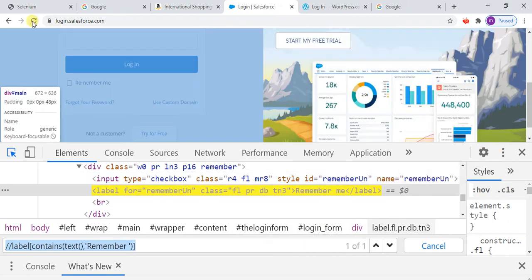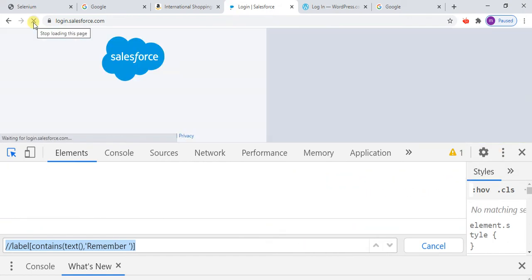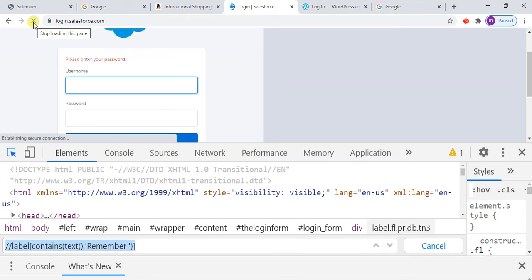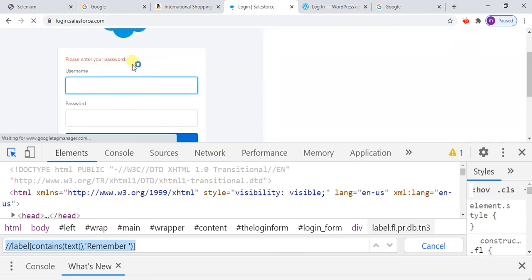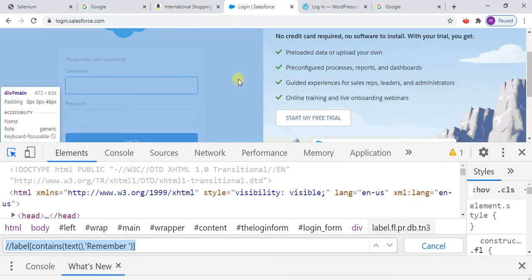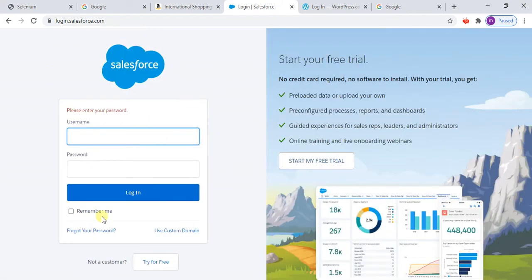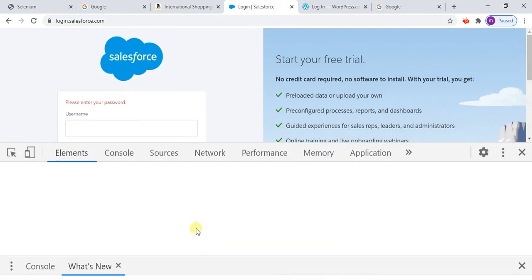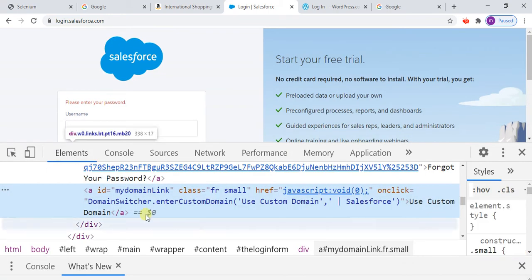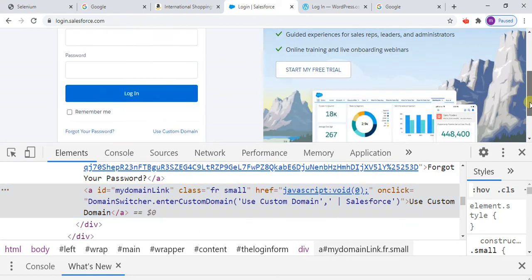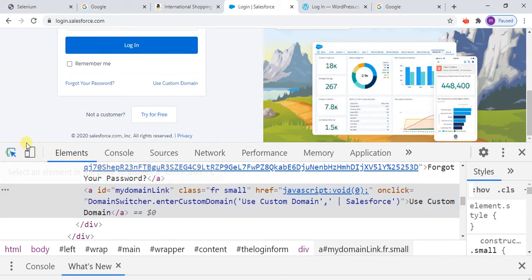Let me show you one more example. We use this especially when the text is very lengthy, like a username or password, then we have to go for using the contains function. Same thing, I'm going to show you this as well. Here we have three words: use, customs, and domains.